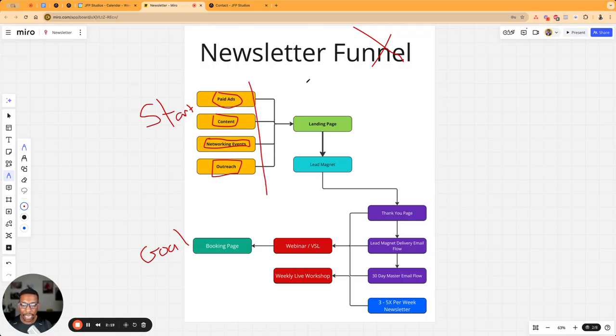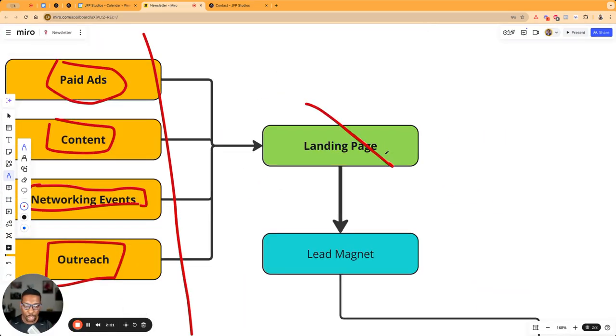Now, typically, what most people do is they do all of these things, but a landing page doesn't exist in the equation. And what typically happens is all their efforts kind of leave their leads going into no man's land. And then they're like, okay, I spoke to this person. I don't really know what to do next. So we want to have a landing page, and the landing page is going to be where we host our